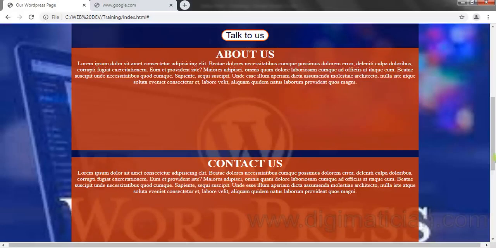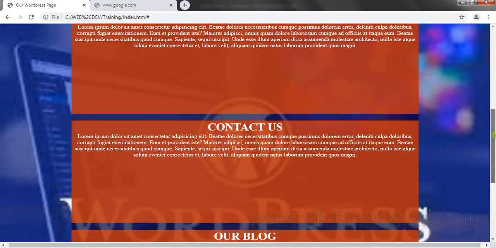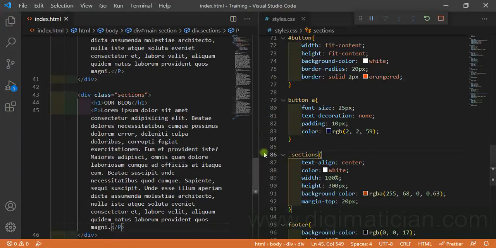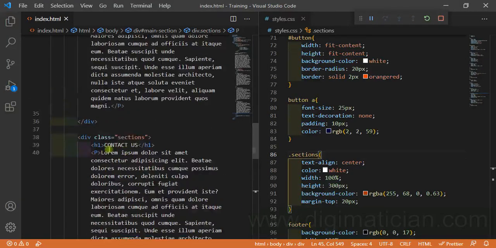You can see that all of them are now white in color, but then I can decide that the color of my paragraph should be different, and if I want that to happen, then I have to give all of them a class. So if I come here and say class,